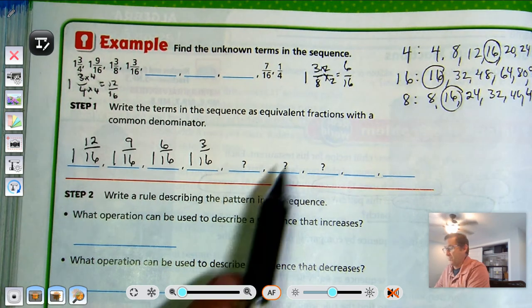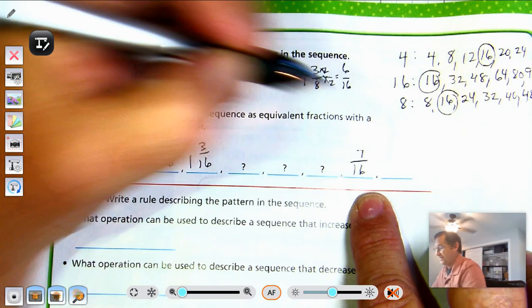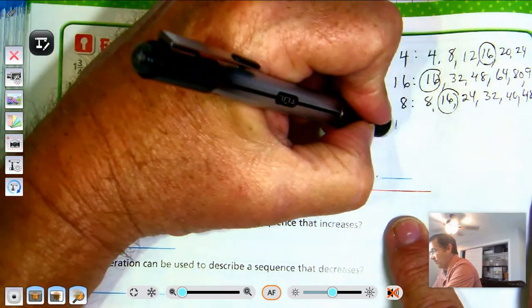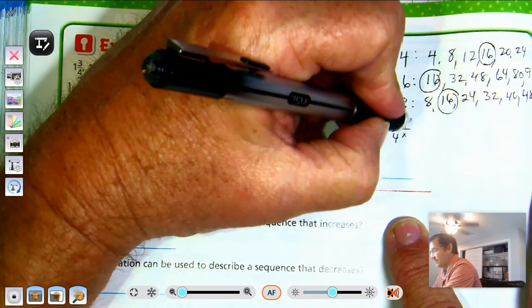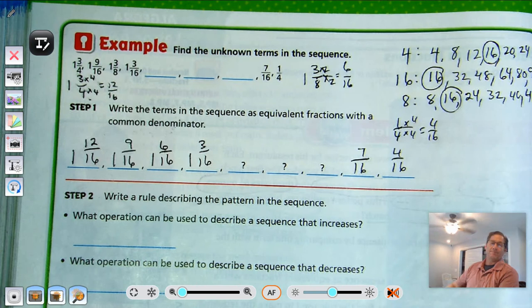And then we're going to get to our three blanks. And then jump to 7/16. And it finishes at 1/4. 1/4 times 4 over 4 is 4/16. All right, so